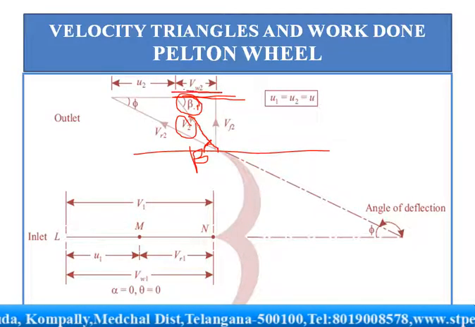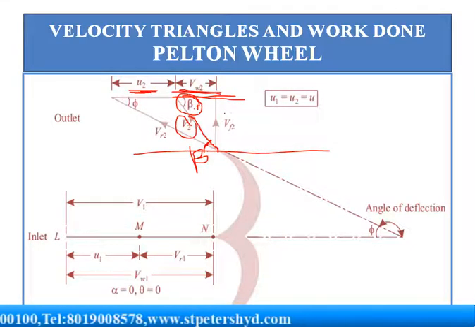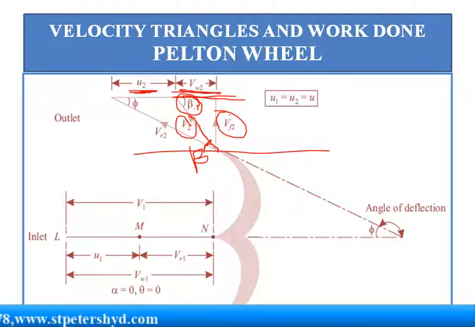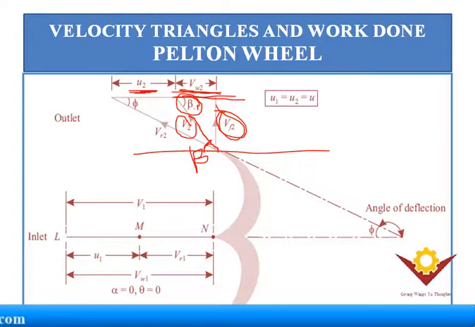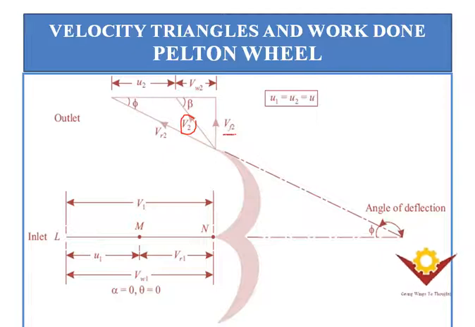Next coming here, this is your Vr2 velocity, the outlet relative velocity, and we have already seen that the flow velocity and the whirl velocity are the components of V2, the absolute velocity. And what is this phi angle? This is your blade angle, by which the relative velocity is making with respect to your horizontal. Clear? And now here we can assume this as a frictionless one.